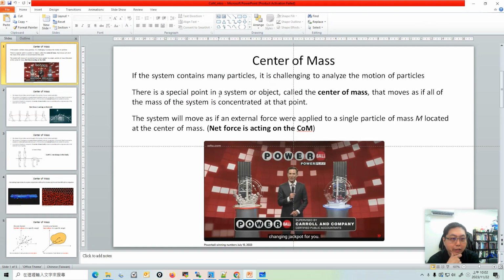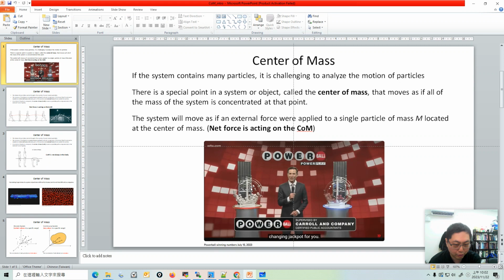First of all, why do we need the center of mass? Because sometimes in our physical system we have to analyze a system of many particles. Just like the Powerball, you see the PowerPoint. There's a Powerball. Okay, there's a wind that blows over in